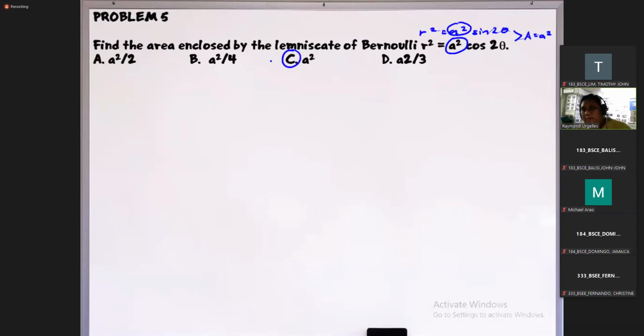Pero kung hindi nyo alam yan, then we can use integration to solve the problem. Let me try to graph first yung problem natin. Pag nag-graph kayo ng polar curve, yung pinakamabilis or pinakamadaling way is by using points. Kukuha lang tayo ng points dun sa curve natin, tapos i-graph lang natin siya sa polar coordinate system, tapos ifa-follow lang natin yung mga points na yun.